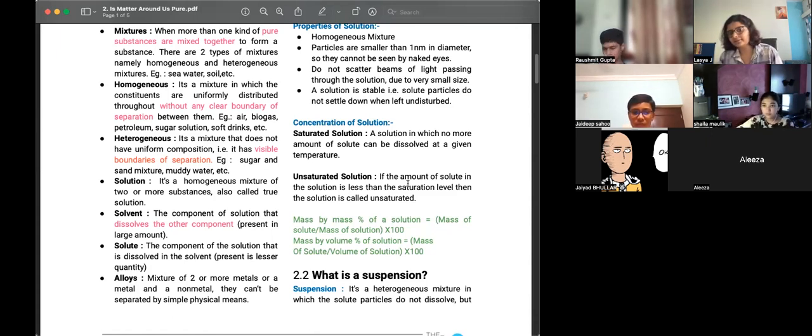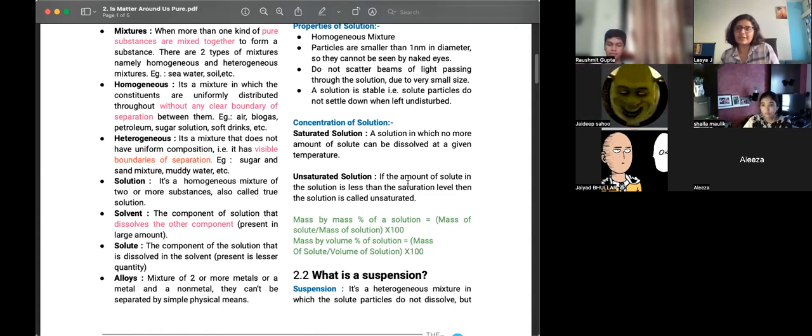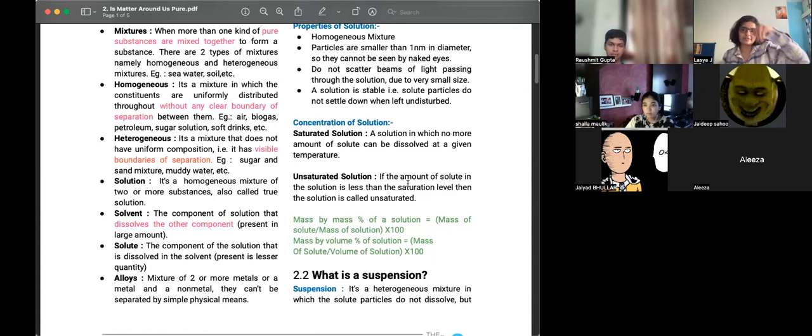Yeah, saturated is always more concentrated than unsaturated, but it's a little more specific than that. Saturated means no more salt can go in. Like, whatever spaces there are between the water particles, they're all full. So if you add even a teeny bit more salt, it is not going to dissolve anymore. Okay. Yeah. So that's a saturated solution, a solution in which no more amount of solute can be dissolved at